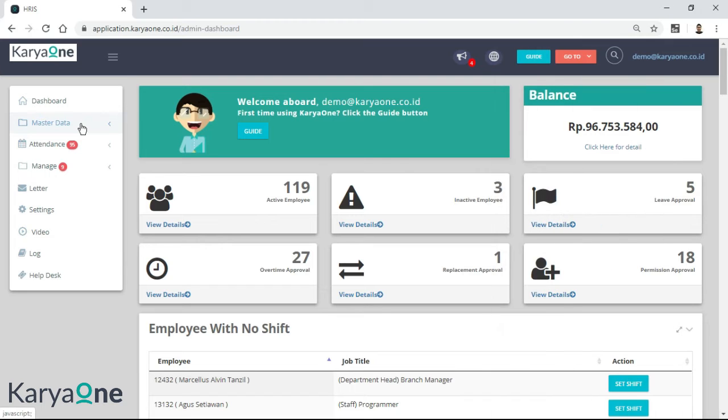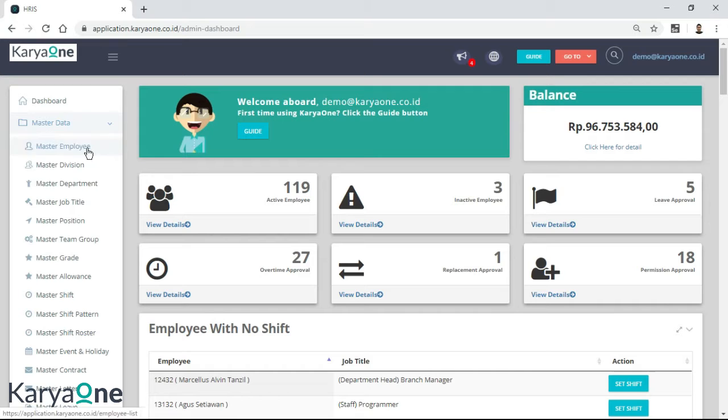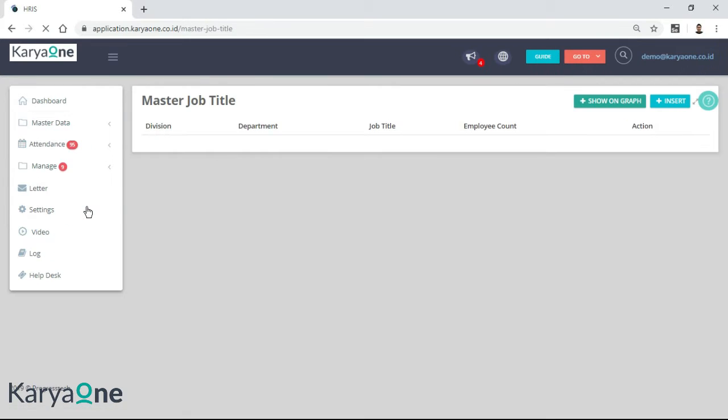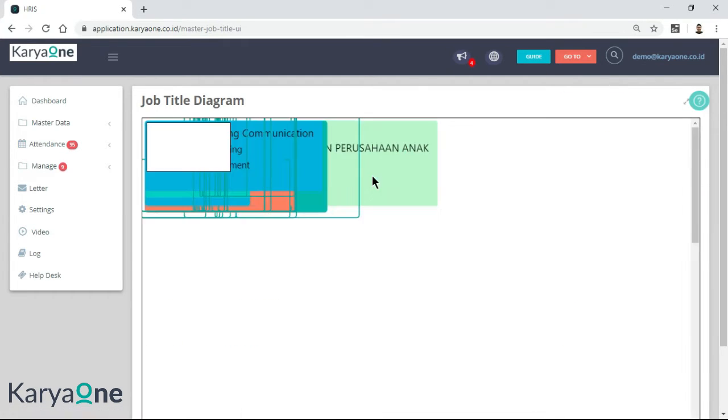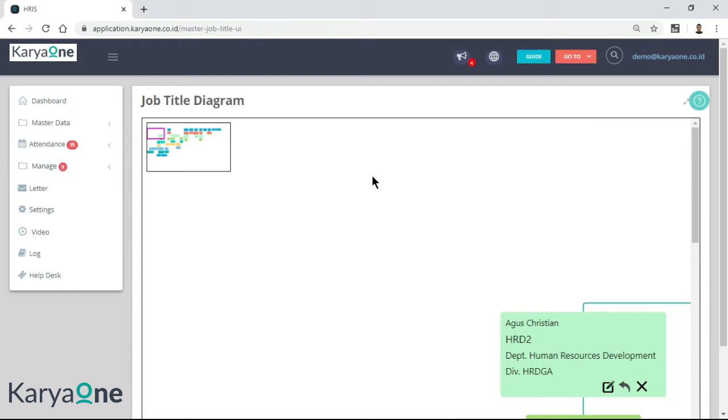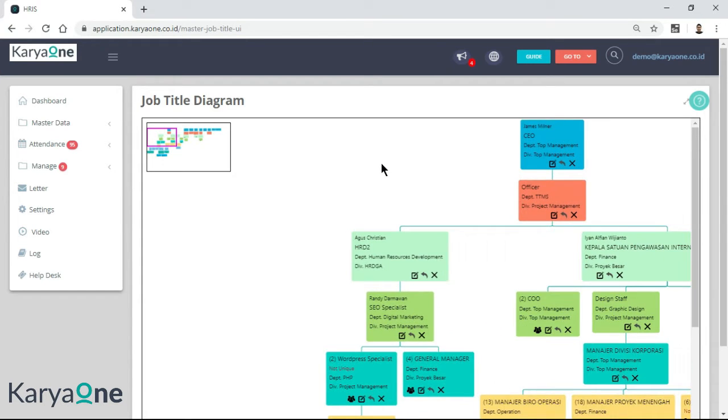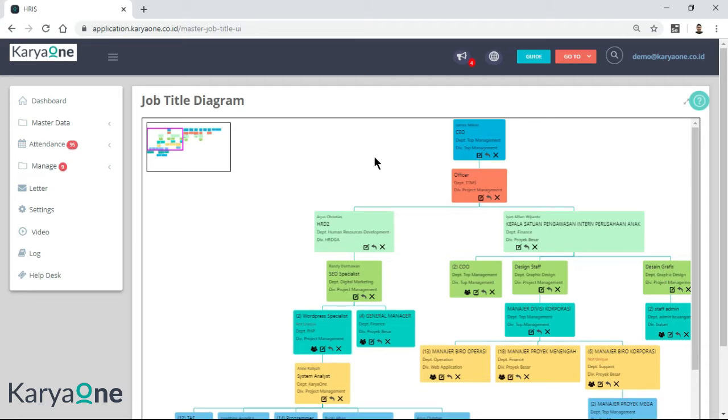On the sidebar menu, click Master Data. Click Master Job Title. Click the Show on Graph button to display the organizational structure diagram. Here you can set up the organizational hierarchy and determine who has the access rights for managing leave, permission, overtime,